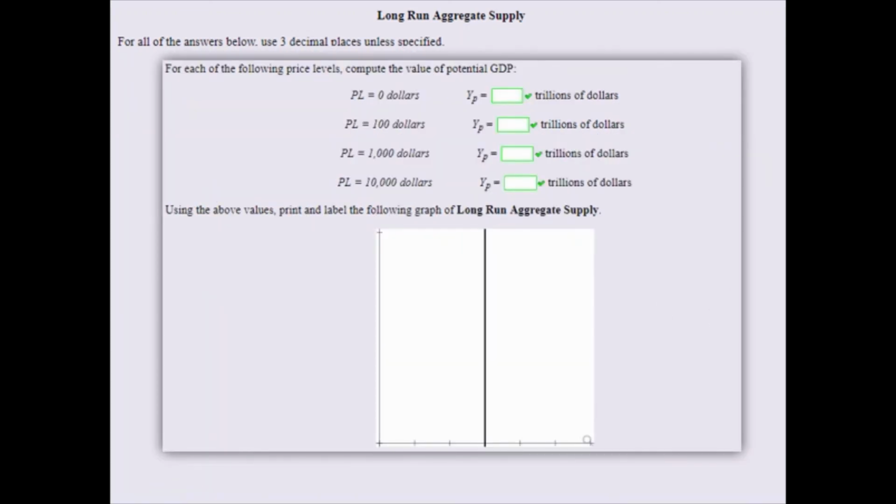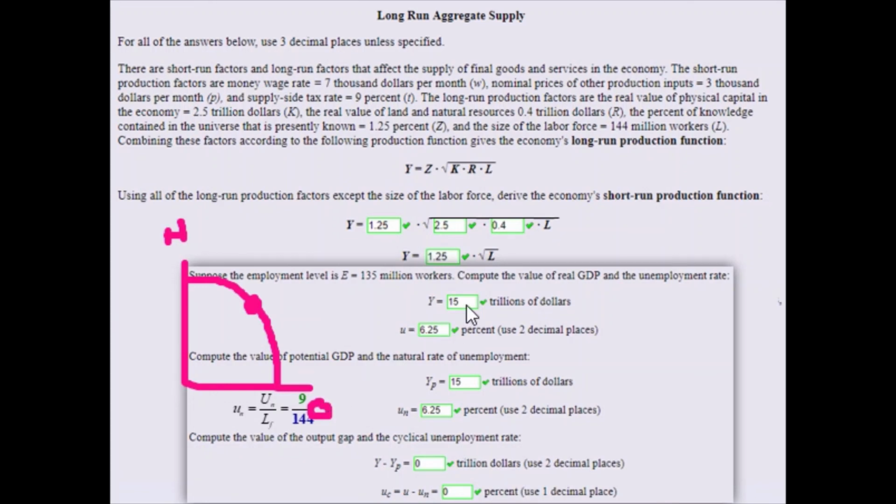So again, we're in a situation where we're on the PPF, right? We're on the PPF, where this is healthcare and this is all other goods. And we're on the PPF here because GDP equals potential and the unemployment rate equals the natural unemployment rate. All right, so GDP is just right and unemployment's just right. We're on the PPF.